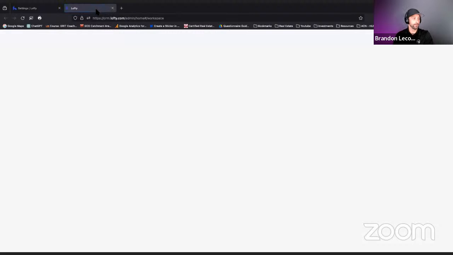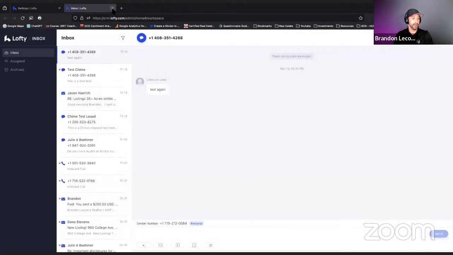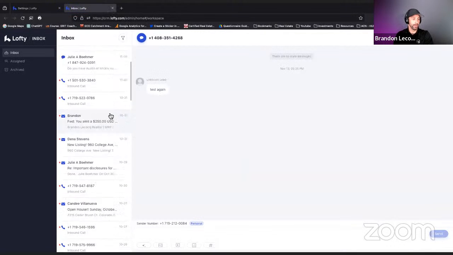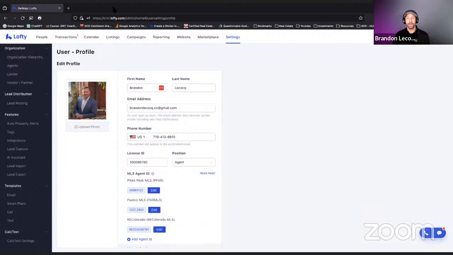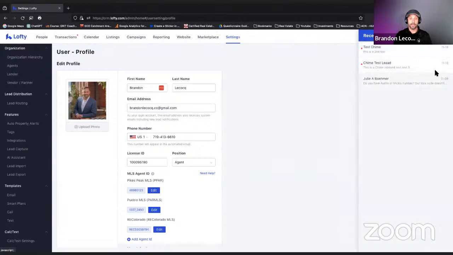This part here goes into your inbox. So you can look at all your communications here directly at a separate screen. I like to pull that up and I keep it off as a separate tab so that if my clients are reaching out while I'm at my desk, then I can take a look at that. It's a little easier than having to go down to this section where it has all your